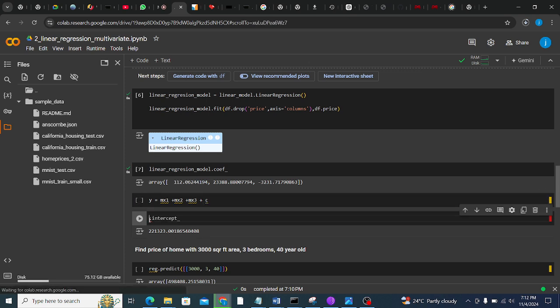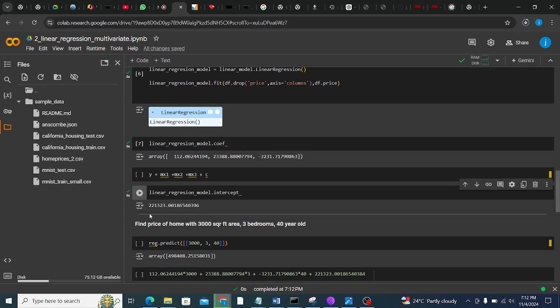So we can check it from the linear regression model, and we have this value. So we have our coefficients, and we have our intercept, and therefore, using this equation, we can calculate and predict a house price,